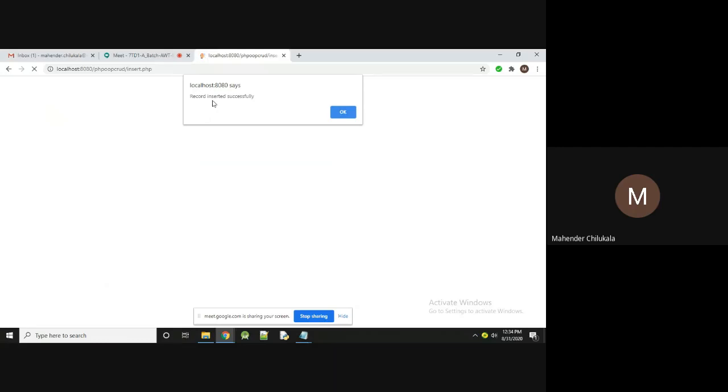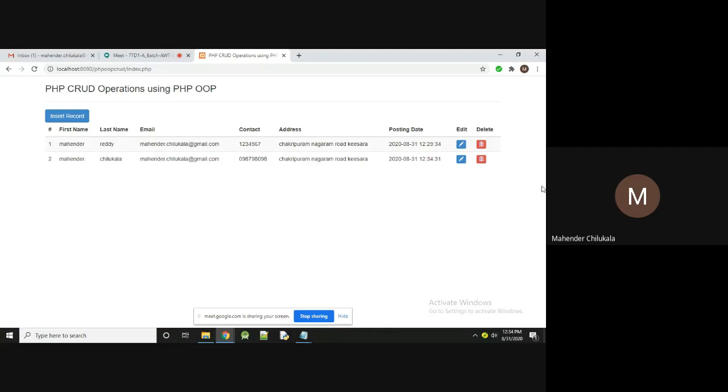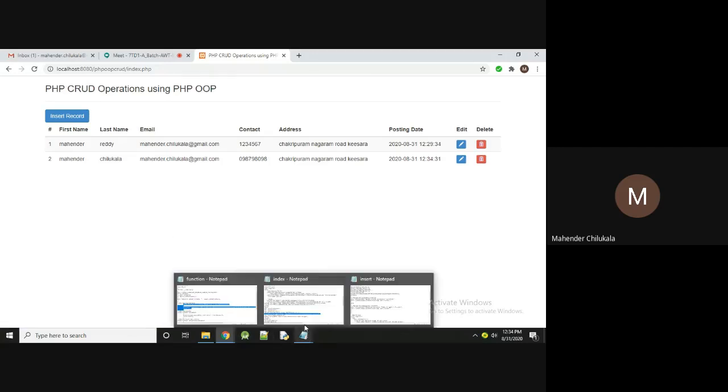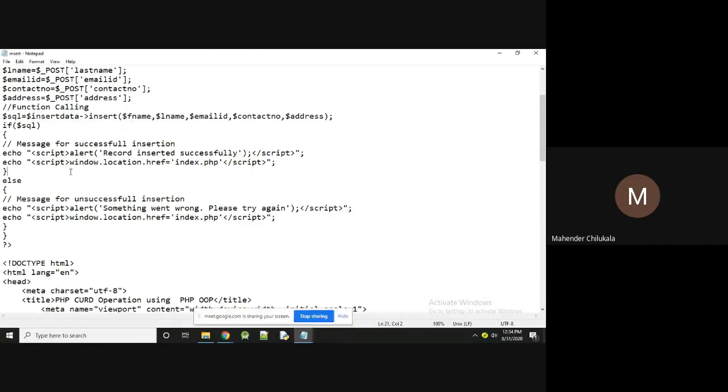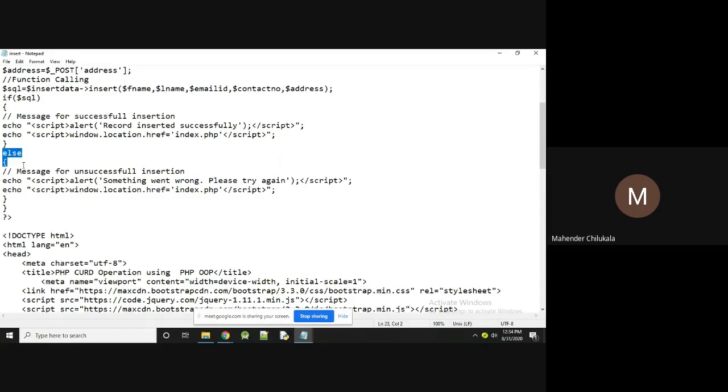It shows record inserted successfully. After clicking OK, it again opens the index.php. Otherwise, if it is not successfully inserted, it returns the message: something went wrong, please try again. It returns the error message.